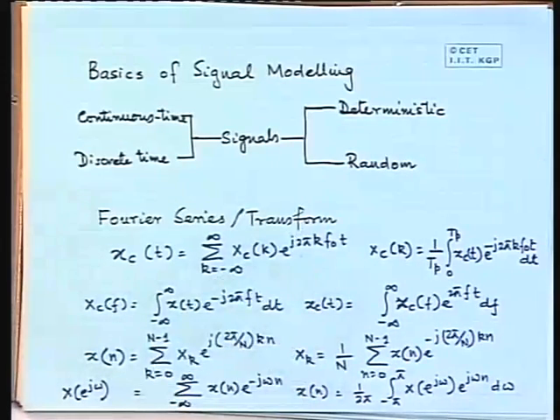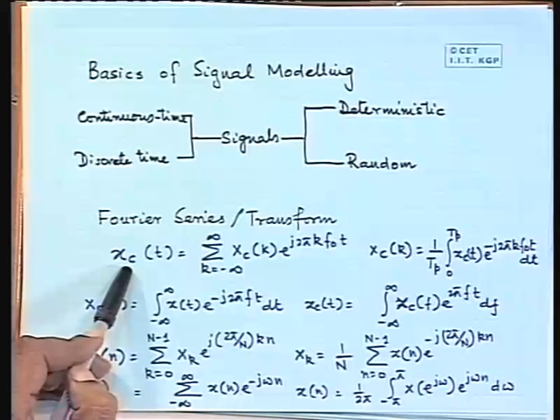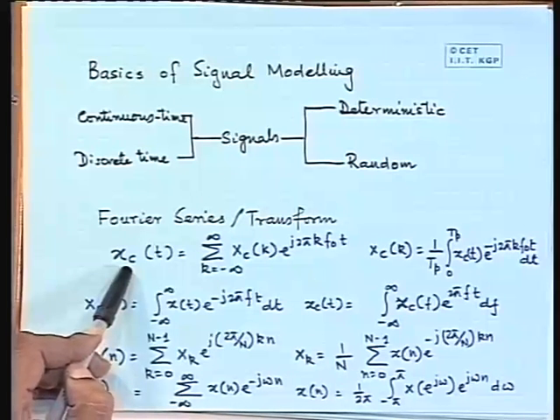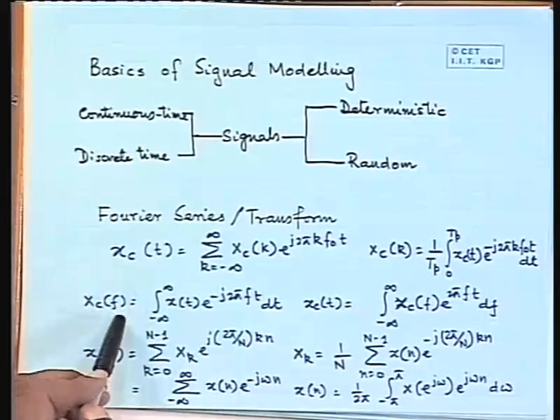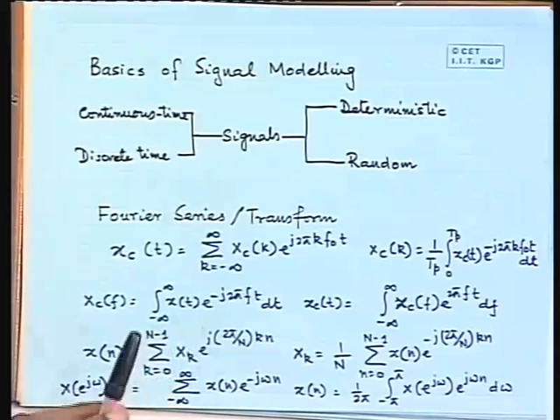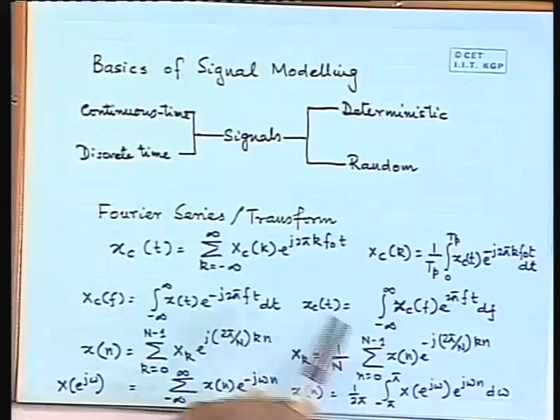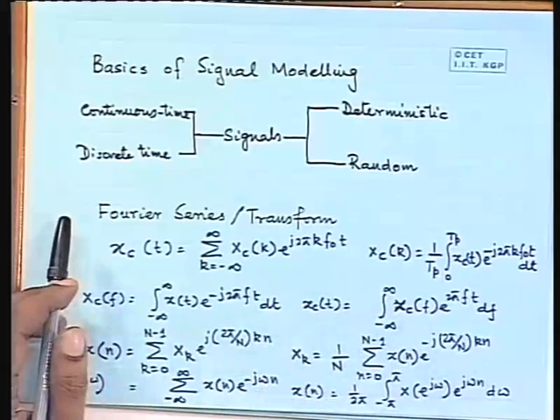This is well known. Similarly, what if the signal is aperiodic? If the signal is aperiodic, then you cannot express it as a Fourier series, but rather you have to express it as a Fourier transform. So for an aperiodic signal, this is a Fourier transform, which we are so familiar with, and you can again get back the time signal using what is known as the inverse Fourier transform.